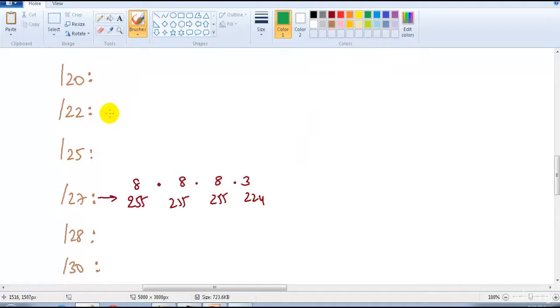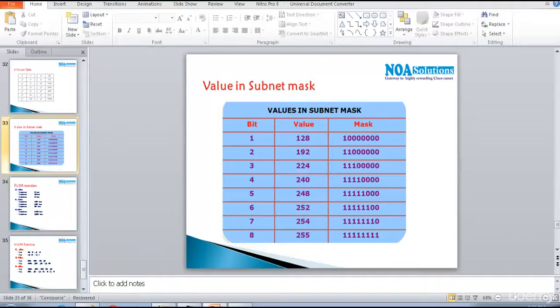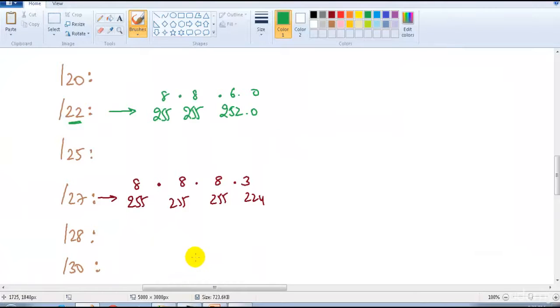Okay. Now in a similar way, if you are writing /22, it will be 8 plus 8, 16, 16 plus 6, because I cannot write 8 again: if I write 8 it becomes 24, and here it is just 22. So if you add 8 bits, it's 255, 8 bits 255, and if you add 6 bits it will be 252. If you refer to this table, 6 bits is 252 and then 0. Now in a similar way you need to write down the remaining ones, so I'll just do one more example, the last one. I'll write 30, so it will be 8 plus 8 plus 8 plus 6, so it will be 255.255.255.252. So I'm writing the /30.